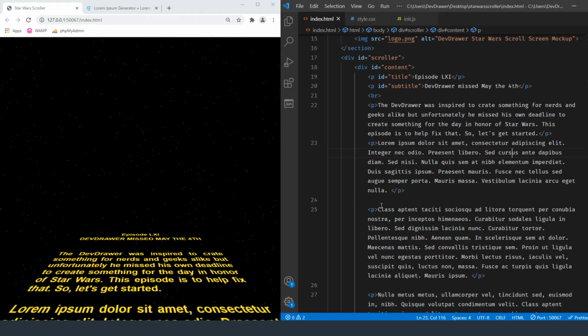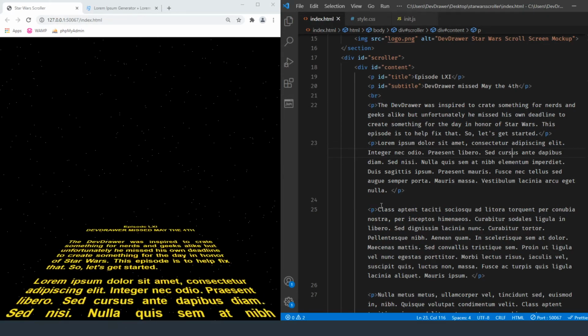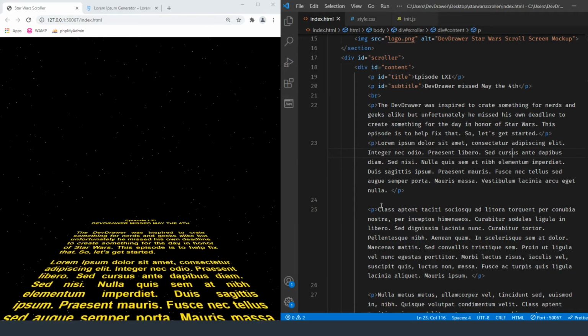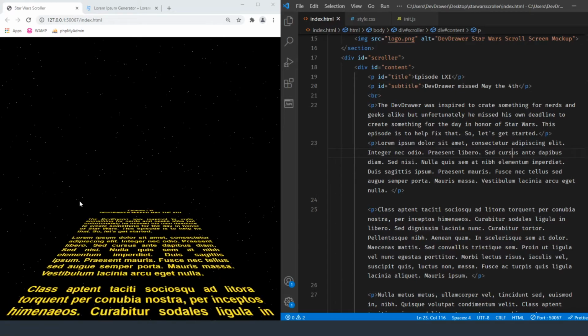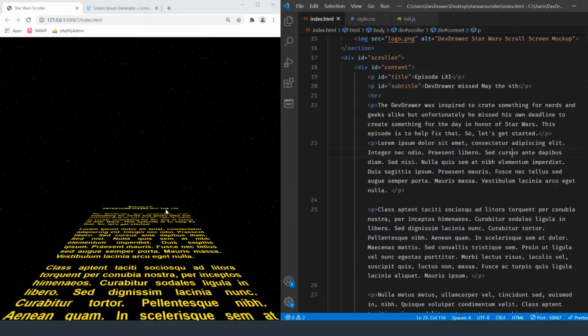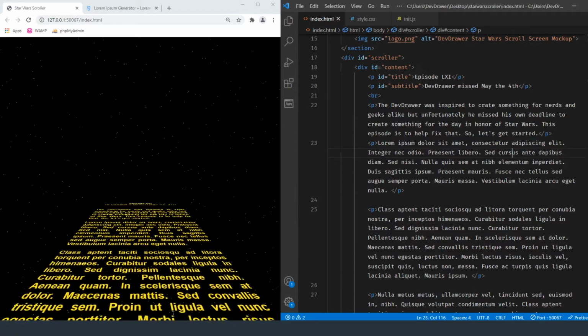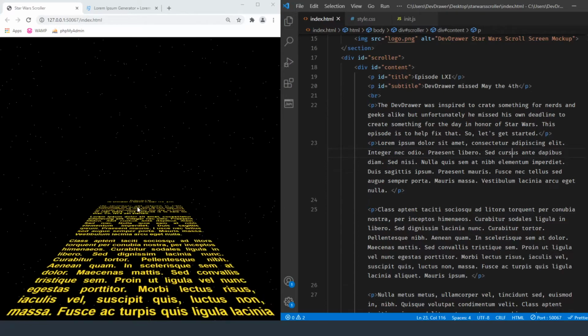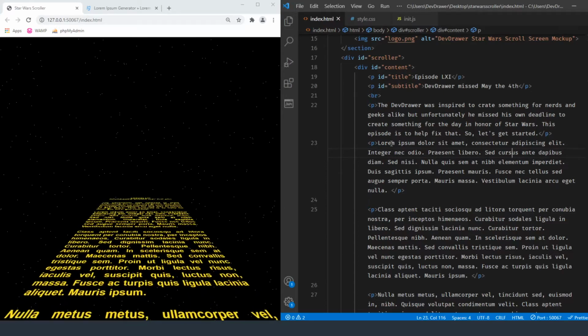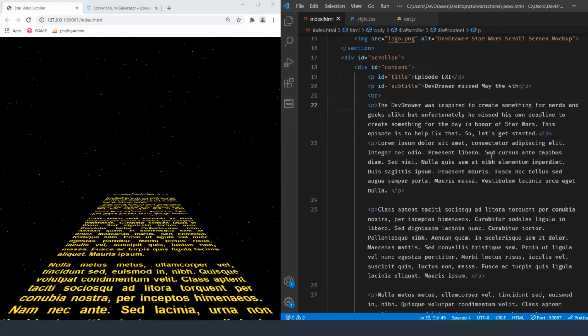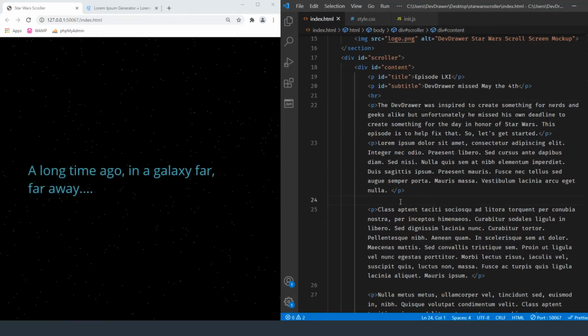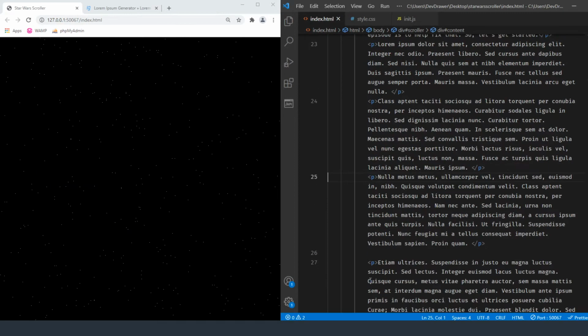Alright, I think it looks pretty good. It's doing the text. Now, if you're familiar with the movies, you know when it gets to about right here, it starts to fade out. We haven't done anything with this fade yet, so it's just going to keep going and going, getting smaller and smaller. So we don't want that to happen.